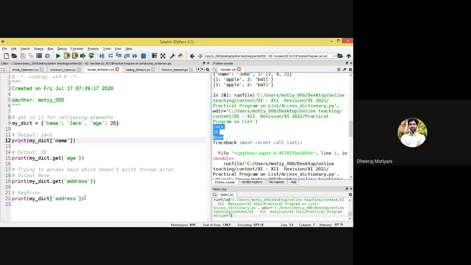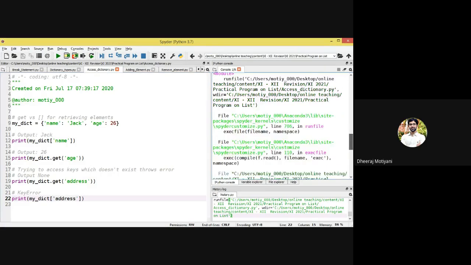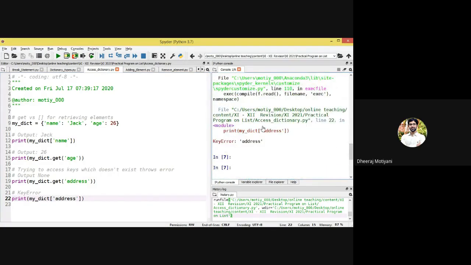There is an error in the fourth part. Okay, because it is a key error. So if a key is not available in your dictionary, you cannot pass that key inside a dictionary and ask for the value of that key. That's why it is giving the error here. Okay, what is the error? Error is key error.